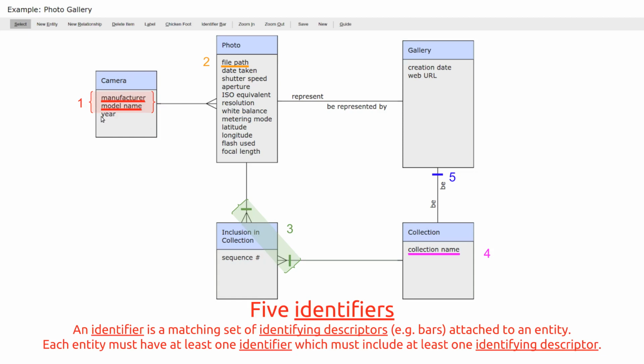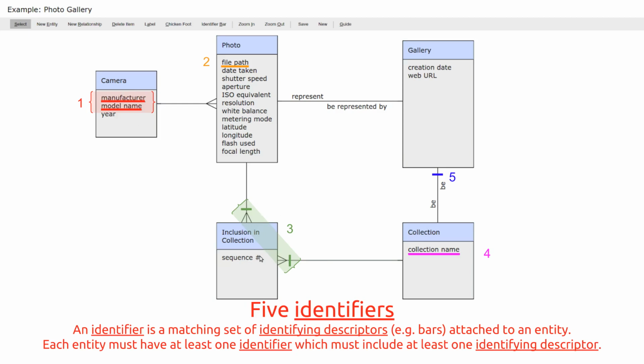This pair of 2 identifying descriptors is one identifier. This file path is an identifier which contains just one identifying descriptor, a set of size 1. We said here that there's 7 identifying descriptors on this diagram, but there are only 5 identifiers. 1, 2, 3, 4, 5. That is 5 sets.